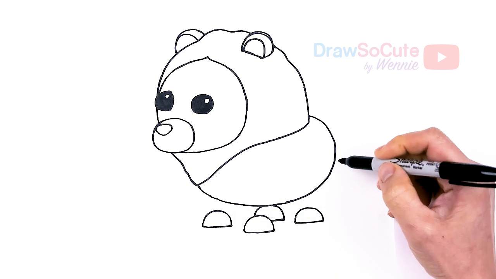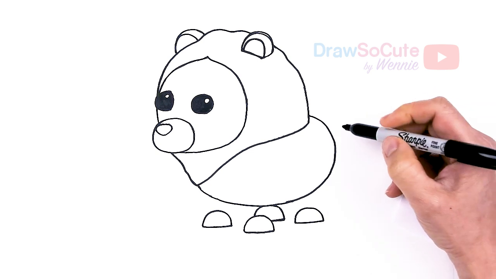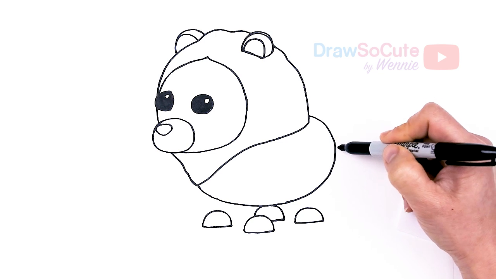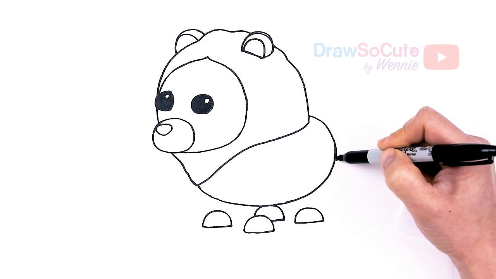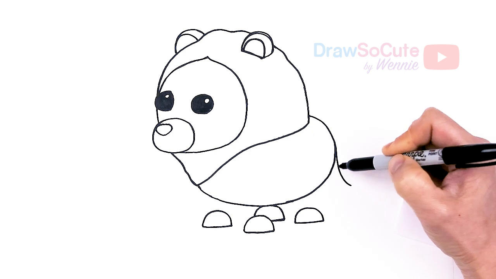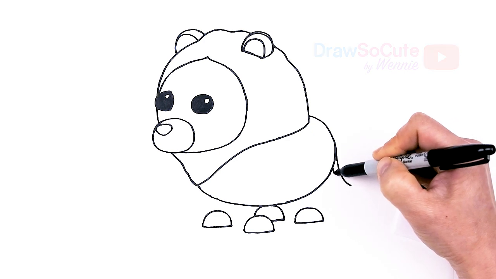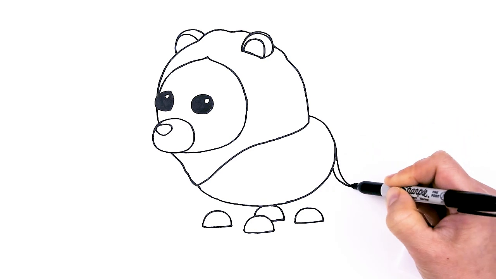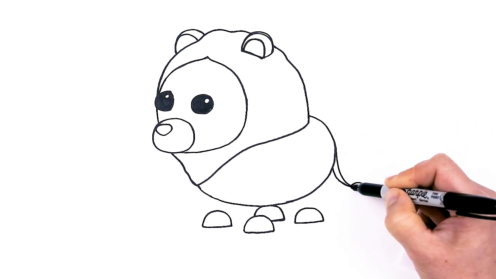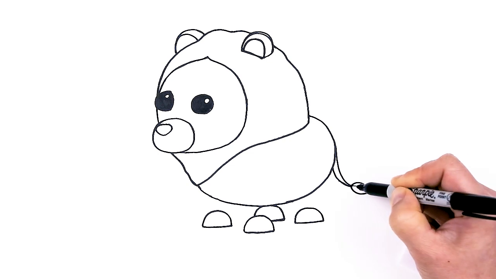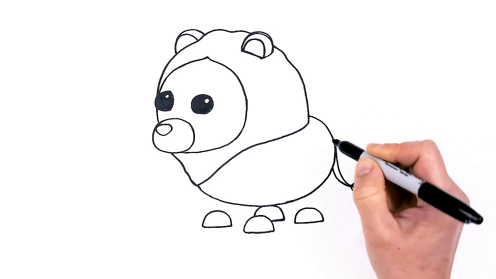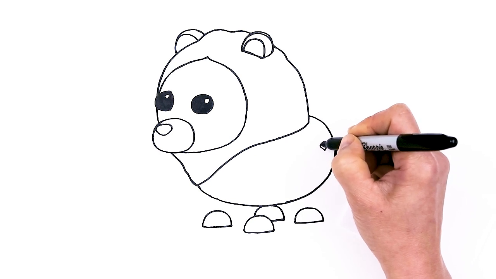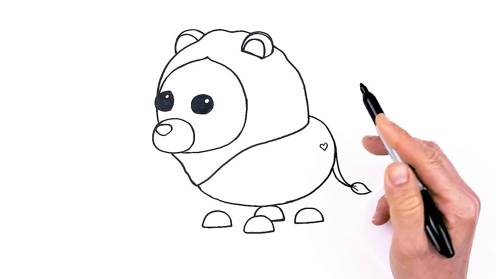And then the lion, I'm gonna add a tail even though the original doesn't have it, but I feel like our lion here needs a tail. So I'm gonna come about right here if you want to. I'm just gonna bring down a curve, a little bit thicker here, come to a point, and draw a little tail. There. And of course, I'll add a heart right here to make this my Draw So Cute lion from Roblox